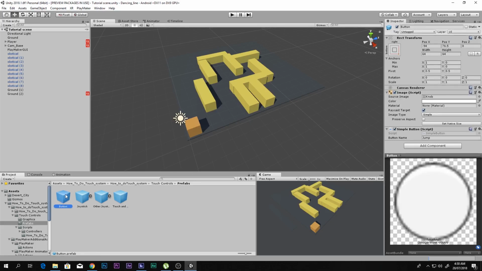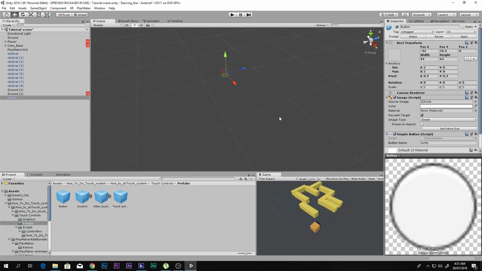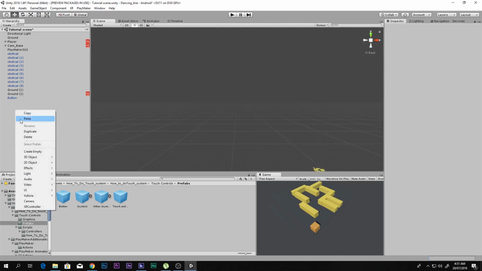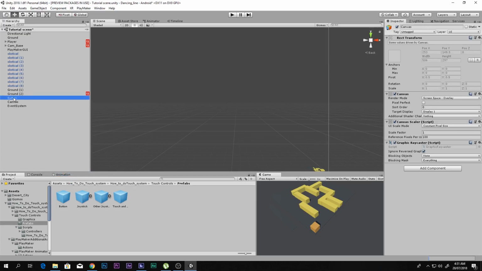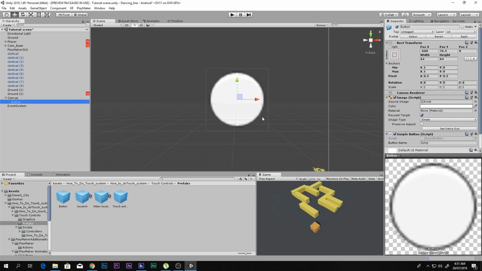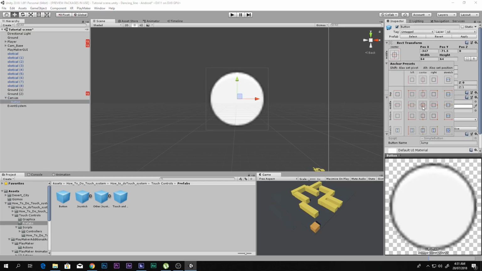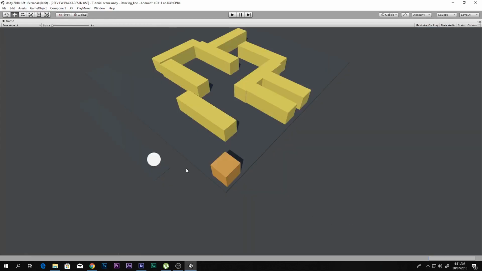Alright, so you have to just go ahead and drag and drop one of the buttons in here, just like that, but it will not be shown. Why? Because it is not in the canvas. So we have to just go ahead and right click, UI, and add a canvas, and then drag and drop the button inside the canvas, and there we go, the button pops out. And if I make it in the center, and if I come into Unity,